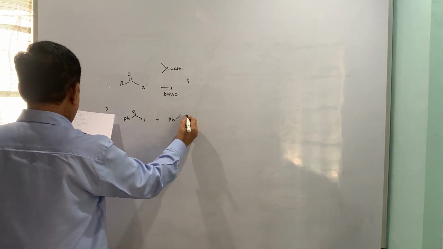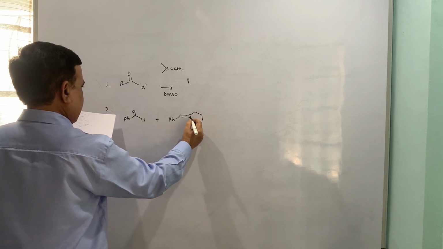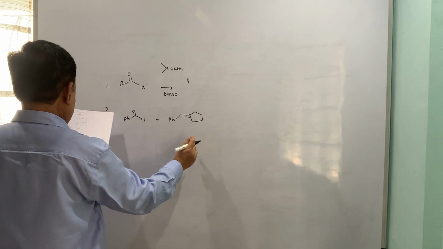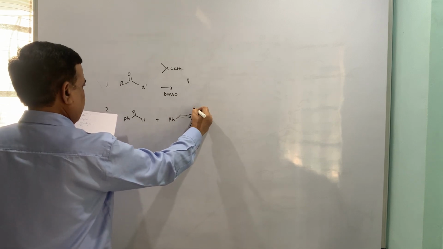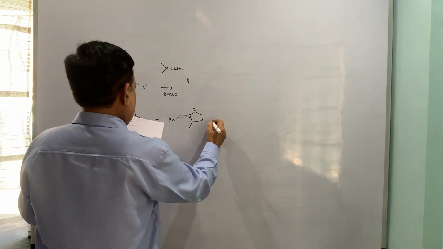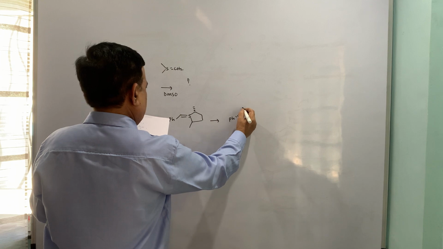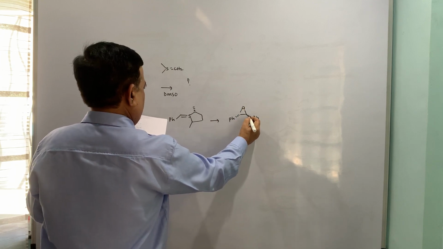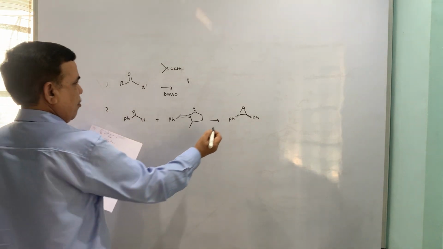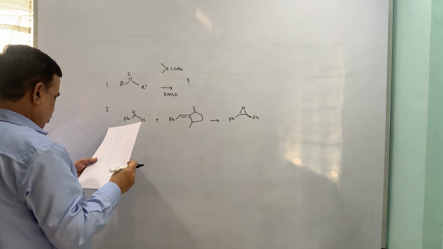The examples look different, but you have to understand that there is a 5-membered ring, a methyl group is there, this methyl group is there. You try to write down the mechanism for this. The product is given. So one is alpha, one is beta, and the epoxide is in the plane of the board.